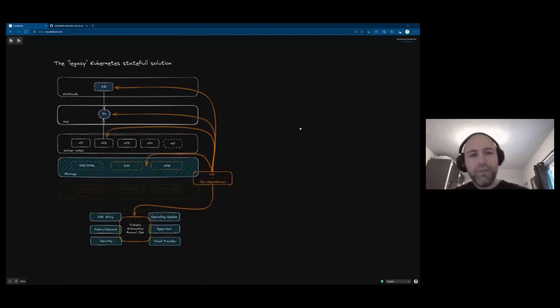So there are two things that we need to address here, because otherwise we will not be able to discuss data protection the DevOps way. There's a legacy approach of doing things, and this is most of the time what we can find in